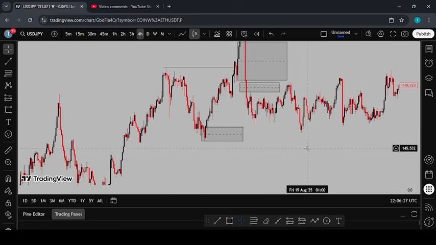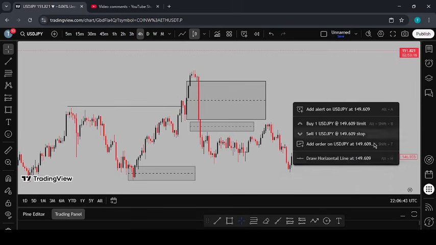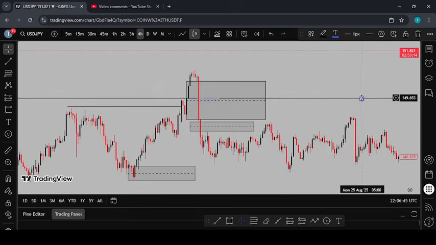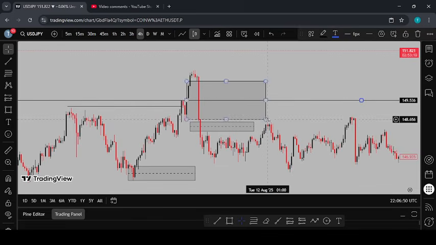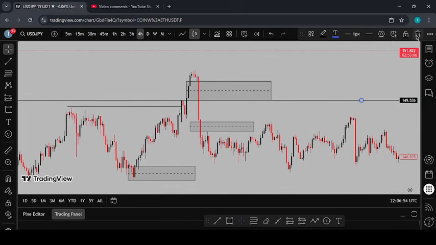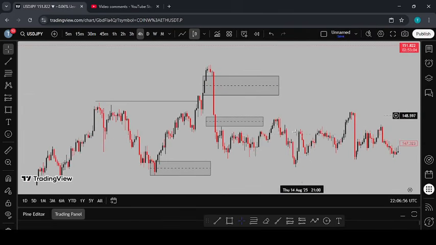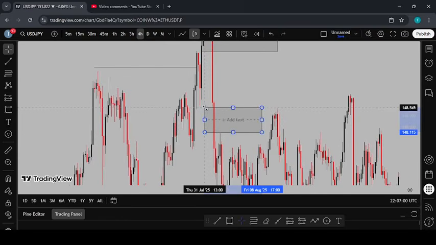Now this would be a good example, right? So now let's mark out all the points of interest. First point of interest is the 50% level of this for our imbalance. So let me mark that 50% level, right? So this is my first 50% level. I've marked that out. Now second point of interest is this other 50% level here,